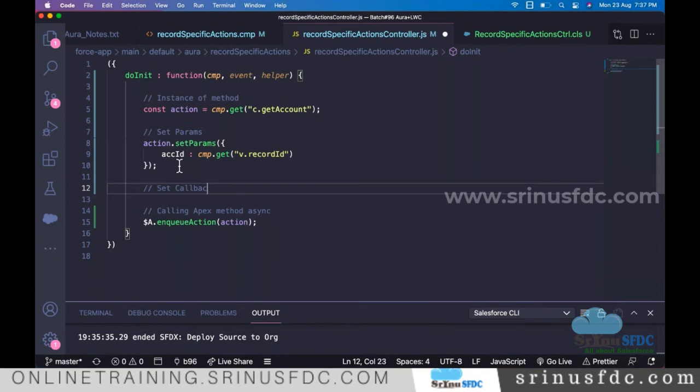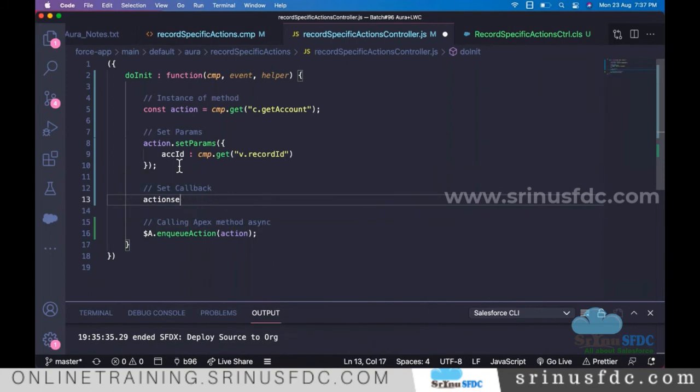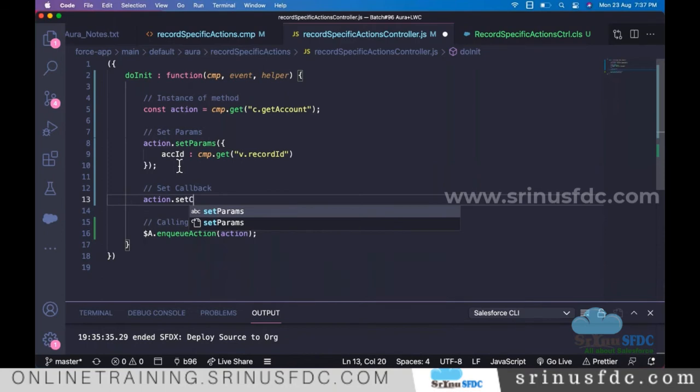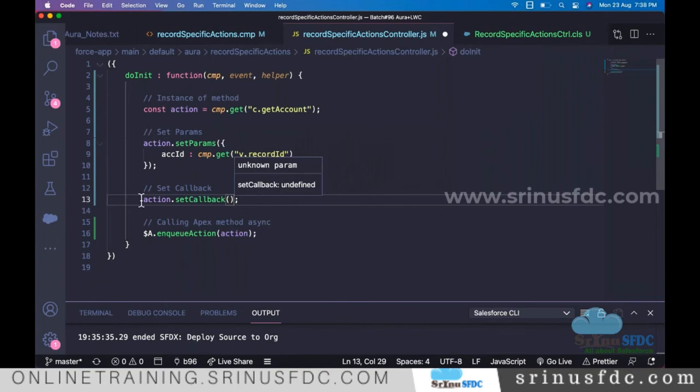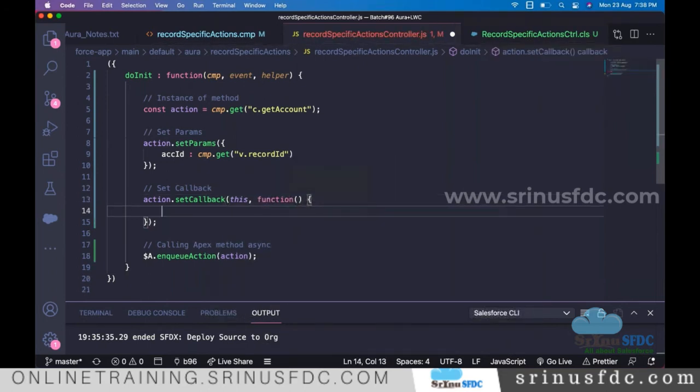So first it will register the callback here: action.setCallback. First it registers it, but it is not really going to execute the function inside this. It will execute once the response is ready. It will go back and execute the function inside this, so this function will be executed later as a callback function when the response is ready.